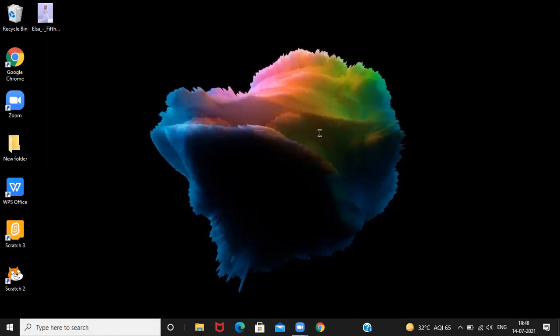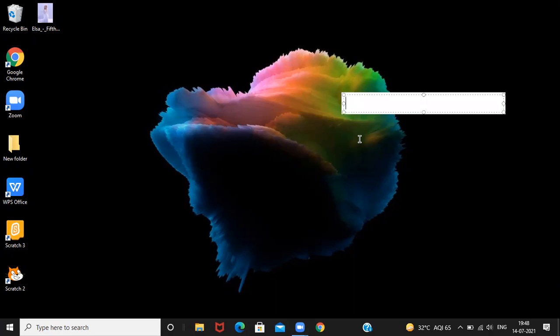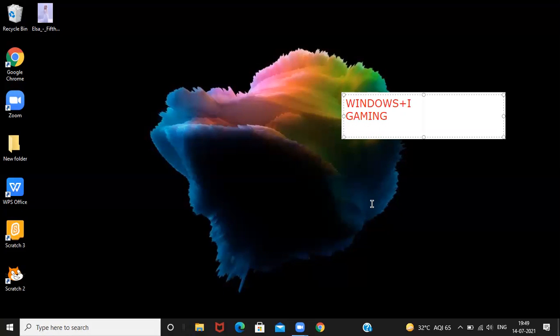Now, if it doesn't recover, we are going to open settings and recover it from there. We can see the shortcut key from there. There will be written Gaming. First, we are going to open the settings. The shortcut key for settings is Windows plus I. The Windows key is the same one that is here. Then we are going to go to Gaming. Then we will see certain options where we can enable the microphone, because firstly the microphone won't be enabled. We are going to click on the microphone, and some option will come to change the settings, and we are going to change the settings from there.